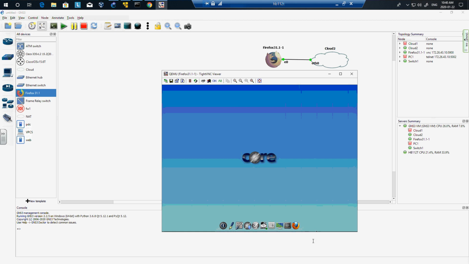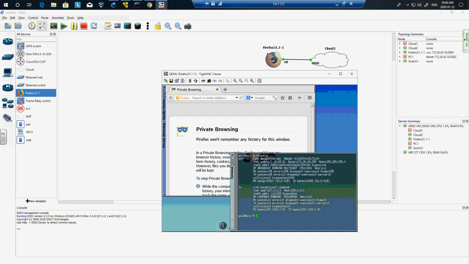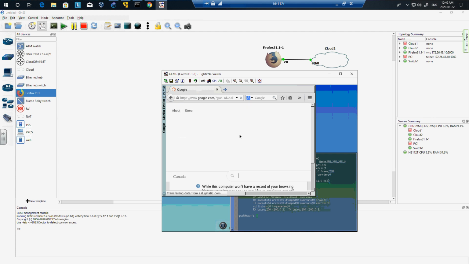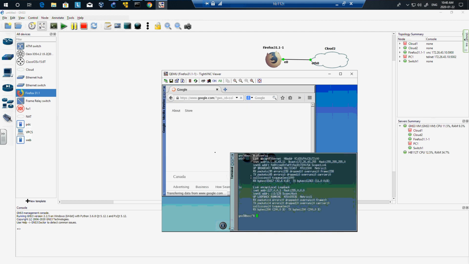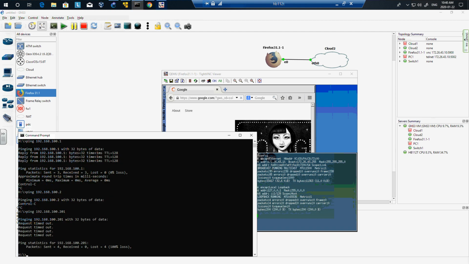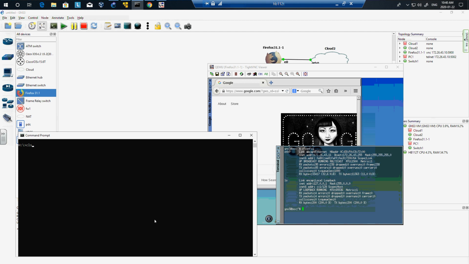And I will test. First, I'll test the ifconfig. Now that's a good sign. I'm in the same network. That's a good thing. Now let's test Google. And it's an awesome thing. We have access. And the last thing what I'm going to do is to check if I am going to be able to ping this address. And it is